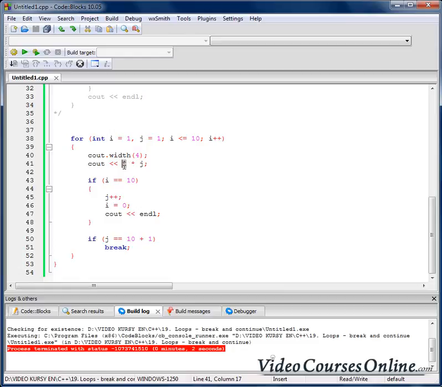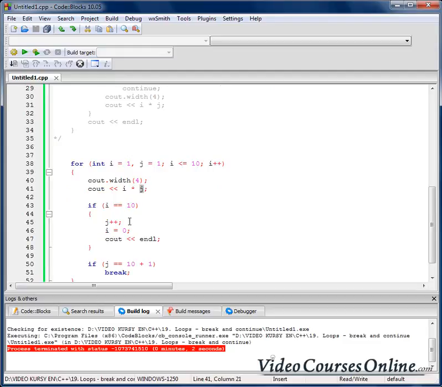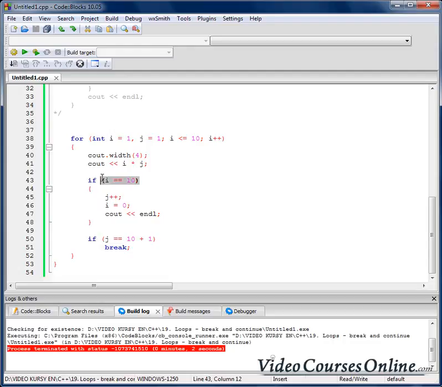So right now we are multiplying i, so at the beginning 1 by j, which is 1, and after it we are just skipping those guys here because the conditions are not true, they are false, and we are increasing i, we are checking the condition, and we are multiplying 2 by 1, 3 by 1, 4, 5, 6, 7, 8, 9, 10, and finally when it's 10 we are checking that the condition is finally true, and we are increasing j, we are assigning to i 0, we are creating the end line, so we are creating the enter,